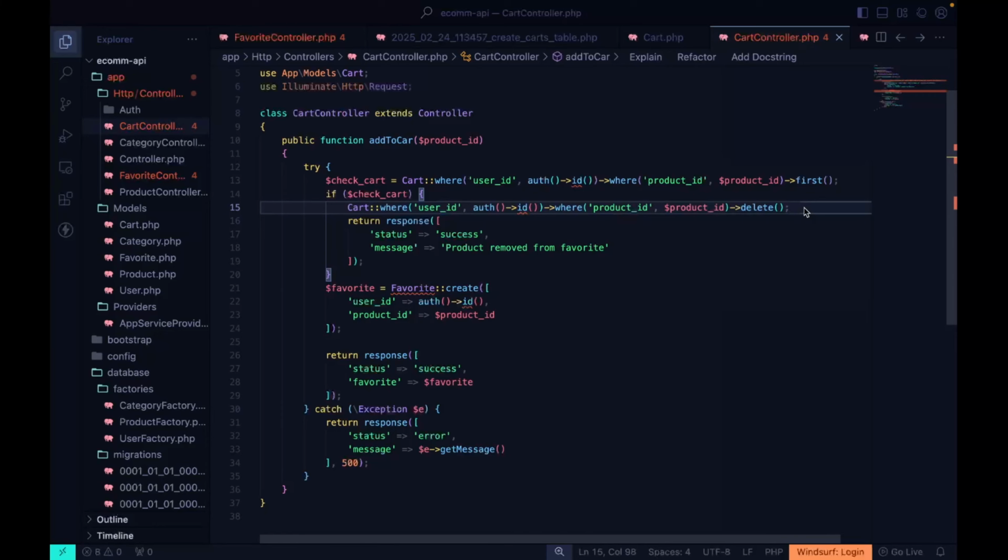Okay, now what we can do is check if that product exists, and we want to make sure that it belongs to that particular user. So you can say check cat equals to cat. So basically what we have here is what we're going to use. So you're just going to copy this. Okay, so I can say if checkout is empty, so I can say if empty,